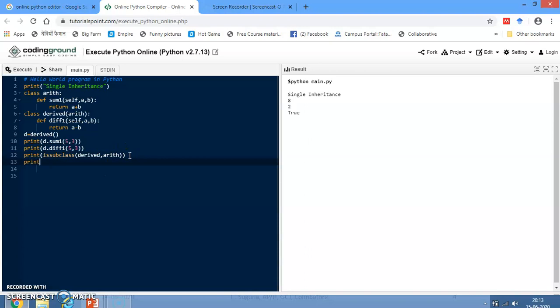Suppose I print issubclass of arith, comma, derived. This will show a false result because arith is not a subclass; derived is a subclass of arith.